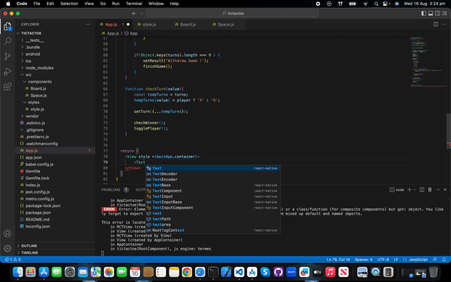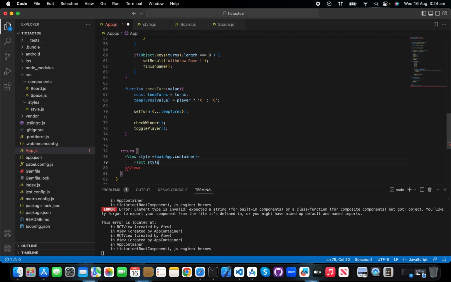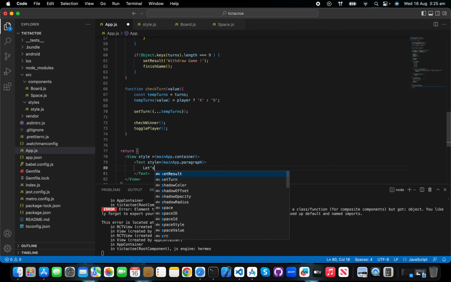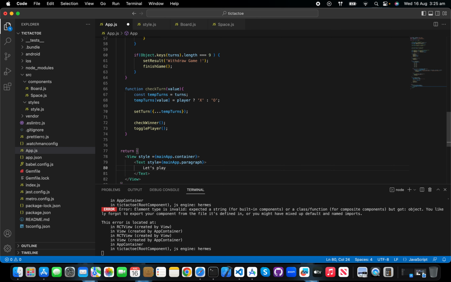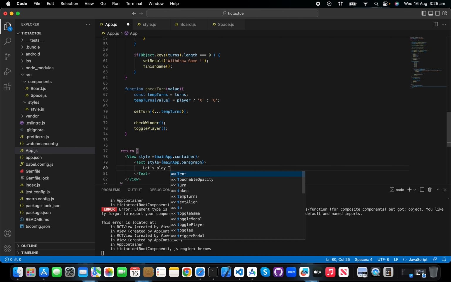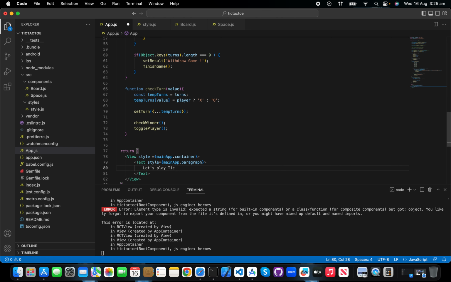Now text style, main app dot paragraph. Let's play tic-tac-toe,